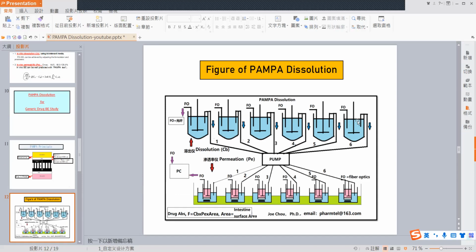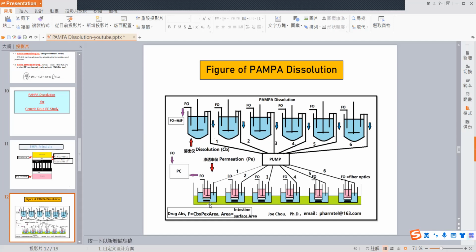So we come up with this so-called PAMPA dissolution figure. As everybody understands, in the dissolution apparatus 1 or 2, we have 6 vessels on the top, and then we have a pump in the middle, and the PAMPA underneath. Each of these vessels has its respective PAMPA. Through the pump, the solution is pumped back and forth, just to meet the requirement of dissolution and